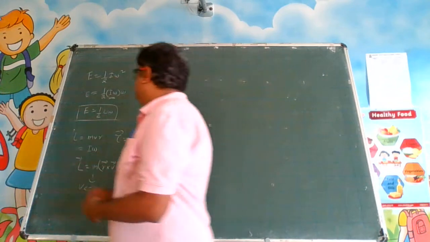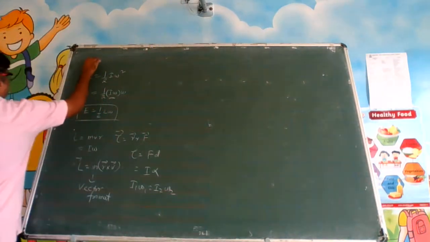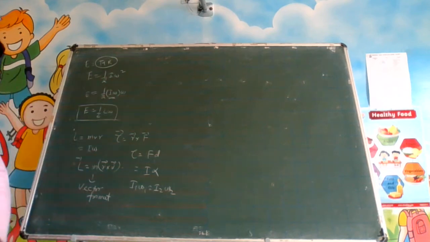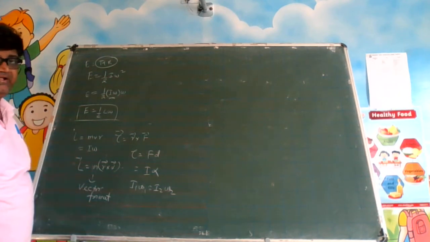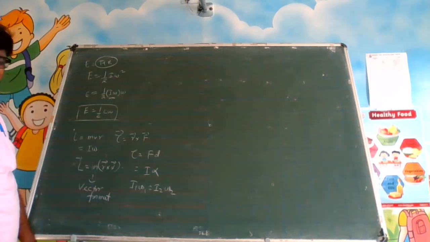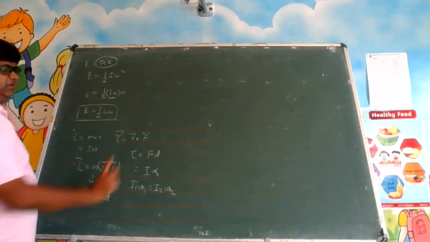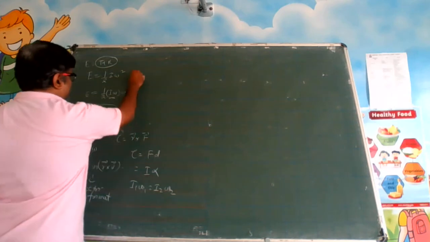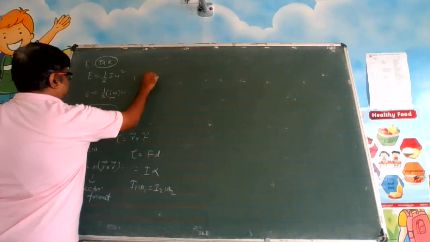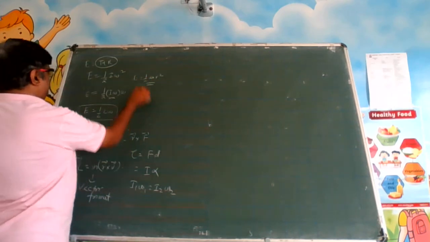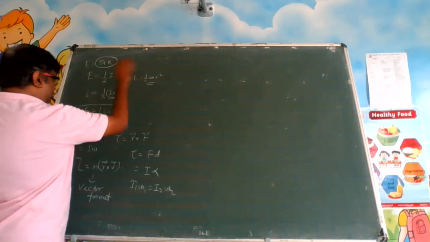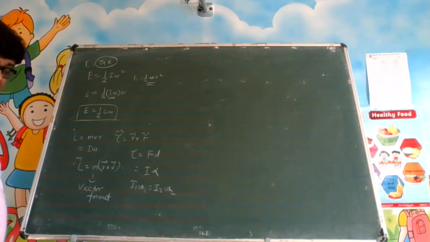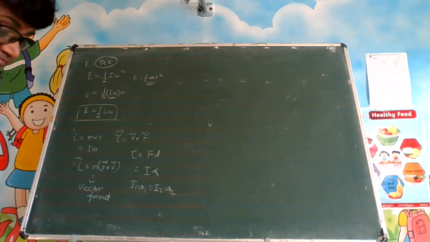Your total energy will become translation plus rotation. Both you have to add. This will give you total kinetic energy. But if it's only pure rotation, you will get only this. If it is pure linear, you will get half mv square. That I don't have to tell you. Half mv square is for the translation. Pure rotation, this. If both are involved, add these two. You get the total energy. Okay? Just make a note of these points.